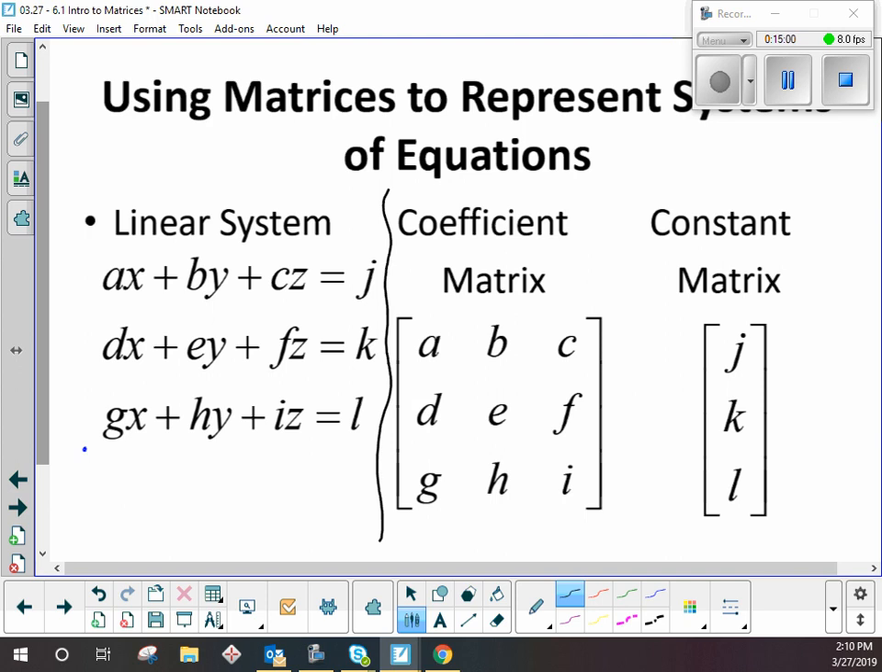Which one of these is squared, the coefficient or the constant matrix? The coefficient, right? Because you need 3 equations and 3 variables. And so the coefficient matrix, when we're solving, will always be squared. When we put these two things together into one huge matrix,